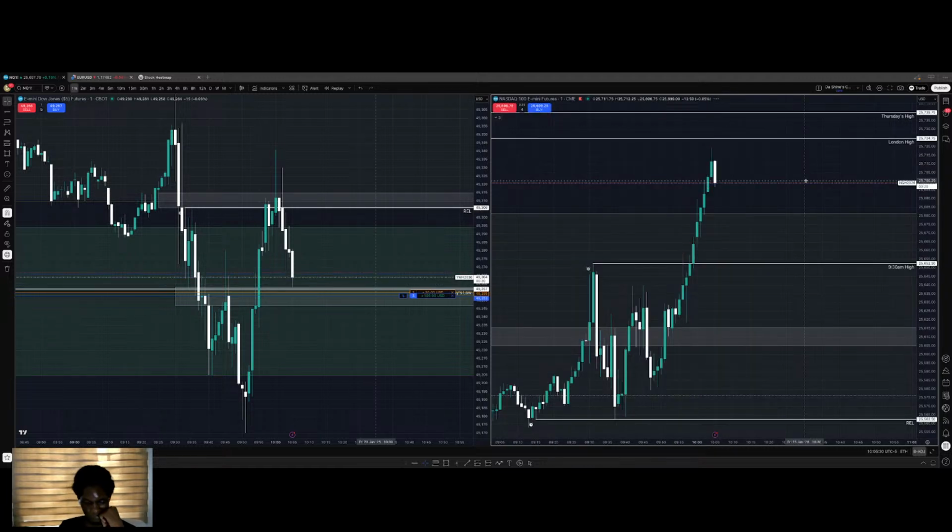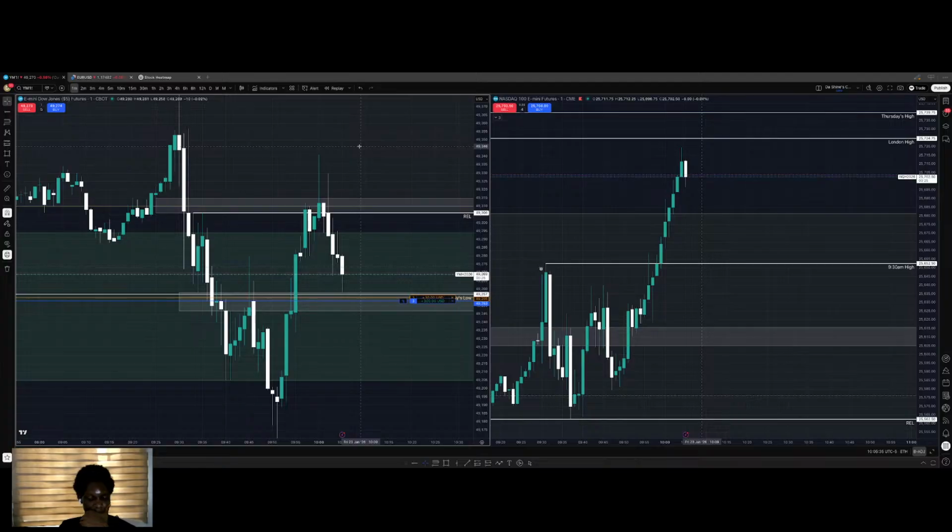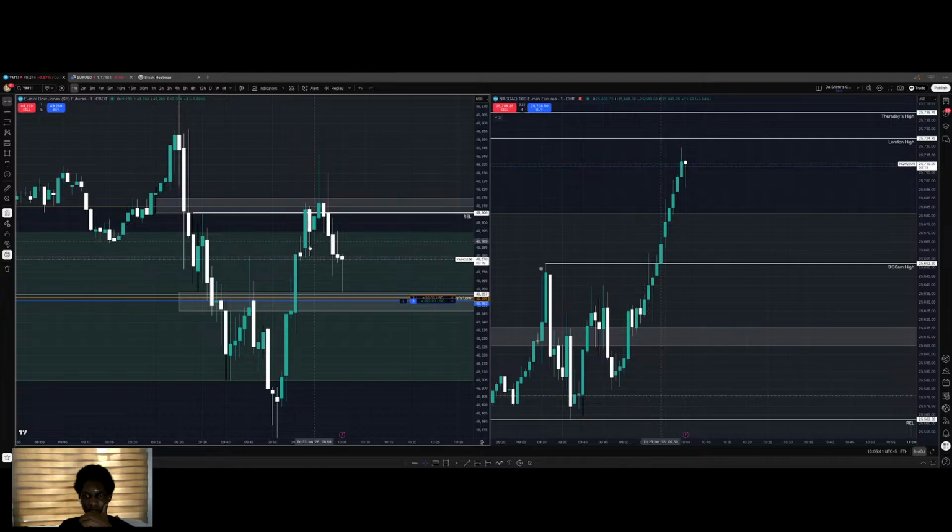So let's see. I mean, we can't really control what the market is going to do now. We can only predict. Bam, bam, bam. So we've swept this low. We're into this gap. We've taken people's stops here. Honestly, a strong rejection higher. So I need this candle to close really, really strong. As long as we have strong candles, I'll move my stop here because on the lower time frame, this will be a breakup. So I'll move my stop here.